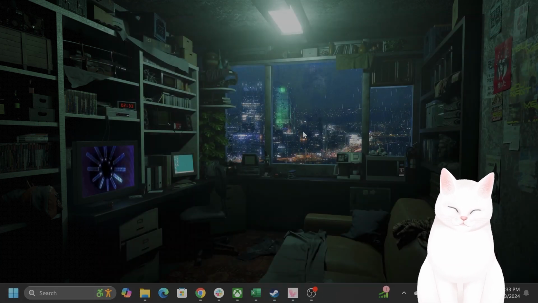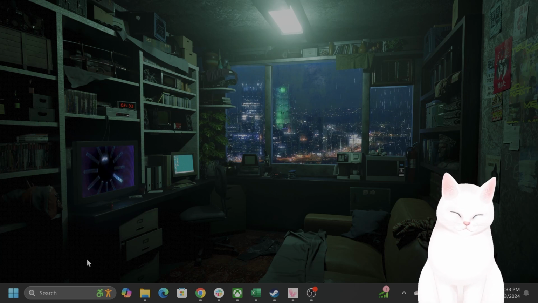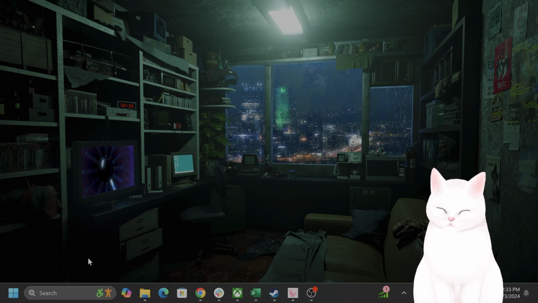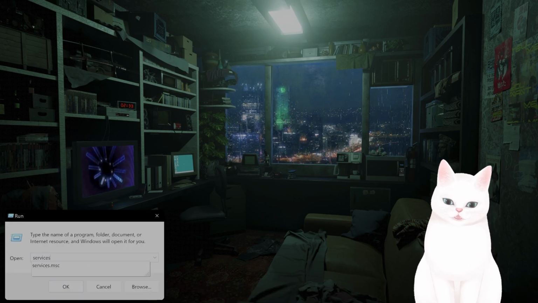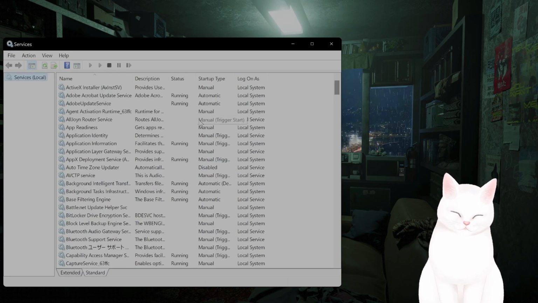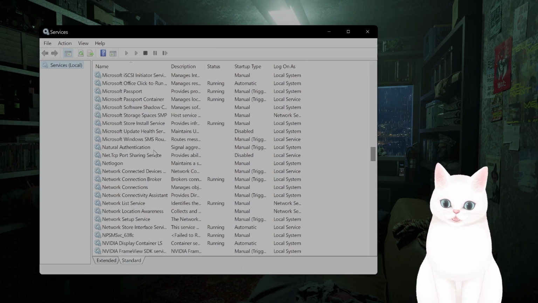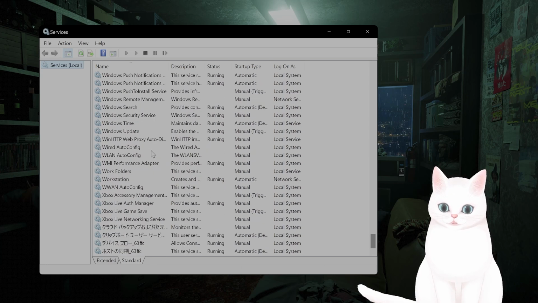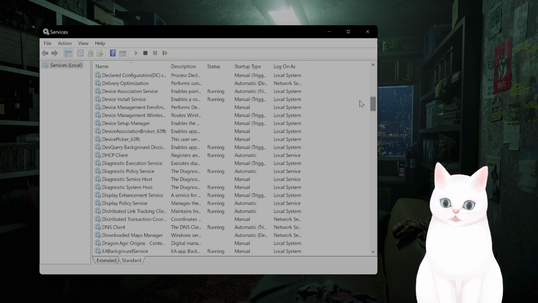The second thing you want to do is to make sure all of the required services are running. So how do you do that? Hit your Windows button and R to find the Run menu here. Type in services.msc, and you want to locate 4 services: Xbox Live, Xbox Live Game Save, and Xbox Live Networking Service. So let's see if I can find them. These 3 here, and also one service called Gaming Services